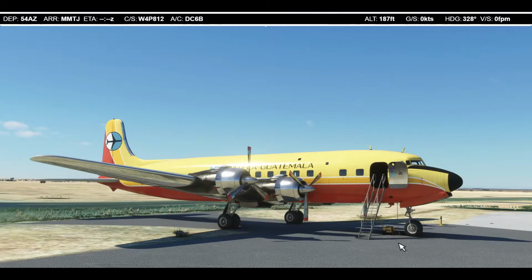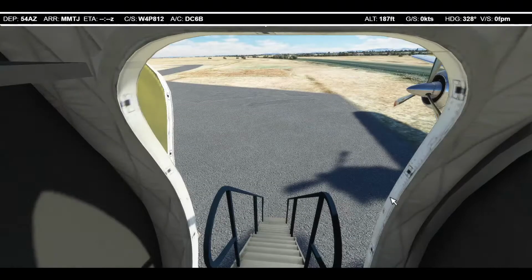So yeah, this is going to be my first stream actually flying the DC-6. I'm not too experienced yet, but no excuses, of course, and it's all for fun. So yeah, that being said, let's go inside the airplane. We go up this little ramp here, these little stairs. We find ourselves